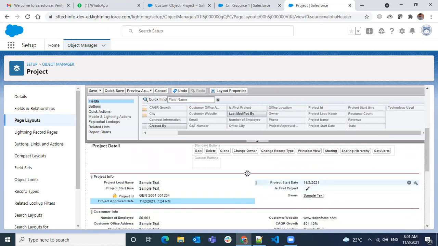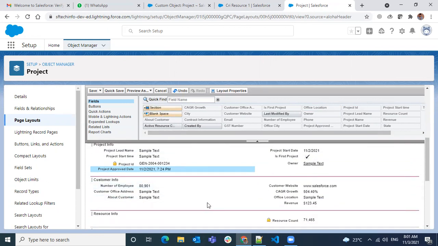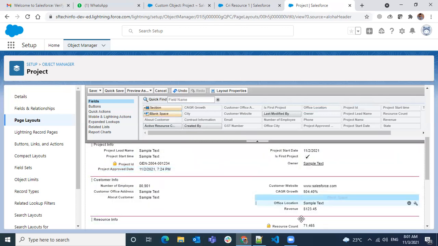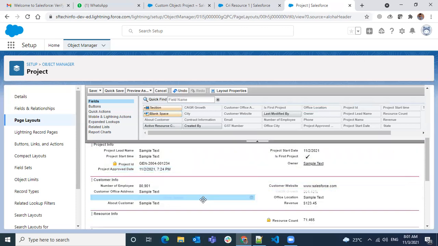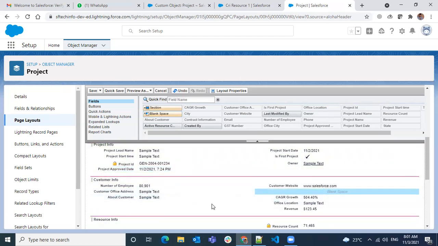Now, let's say somewhere I want to see some blank spaces. Let's say after customer website, I want to add one space. The space means, whatever fields we have, it's kind of a table, and when you want to have some space between fields, you can add the space wherever you want. If you feel some of the fields are text areas and they're taking a long space, it will automatically adjust. Or in some places, if you really want to add white space, you can still add it.